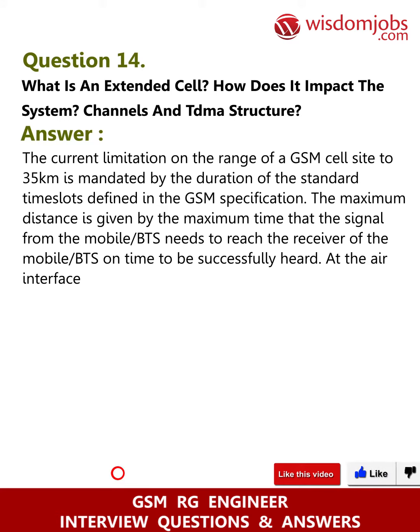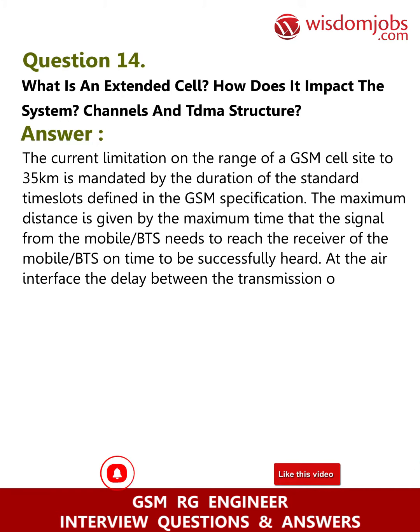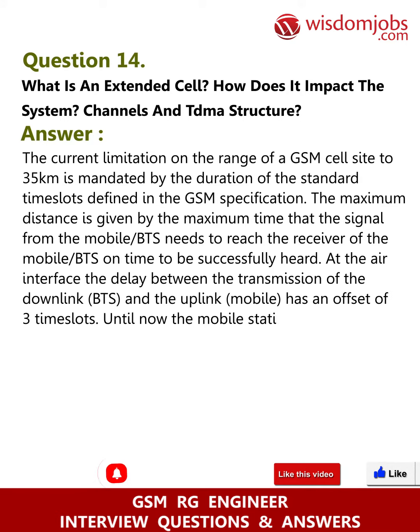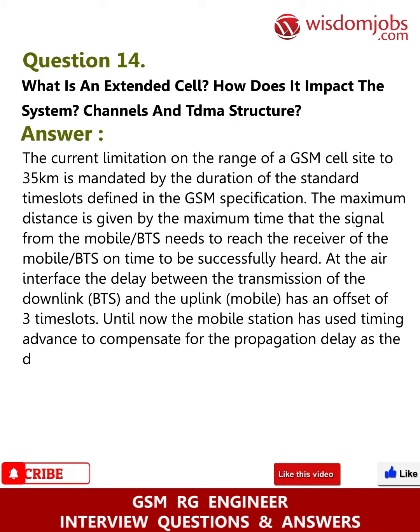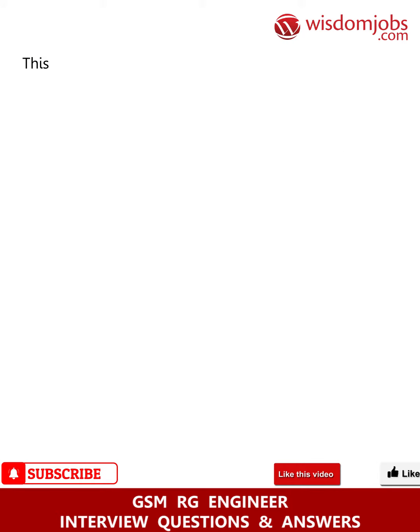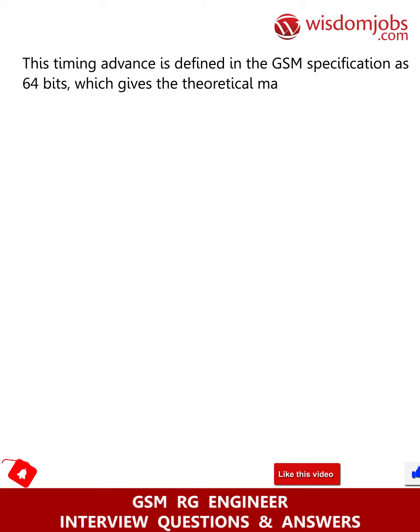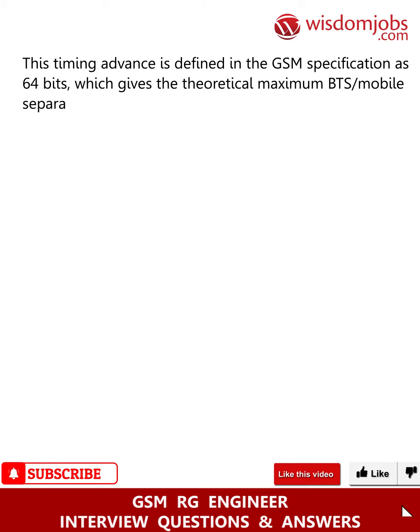At the air interface, the delay between the transmission of the downlink BTS and the uplink mobile has an offset of 3 time slots. Until now, the mobile station has used timing advance to compensate for the propagation delay as the distance to the BTS changes. This timing advance is defined in the GSM specification as 64 bits, which gives the theoretical maximum BTS/mobile separation as